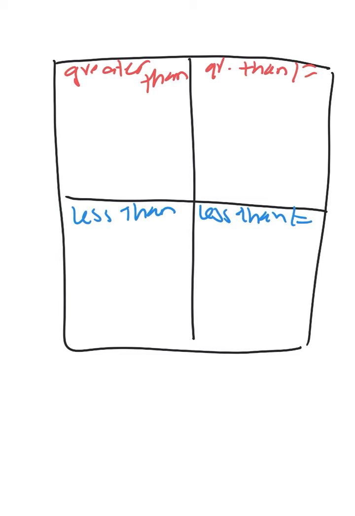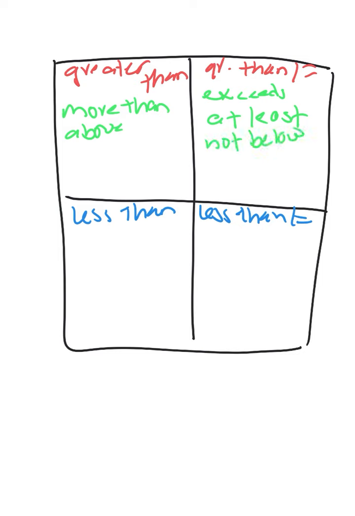So greater than would be more than, above. Greater than or equal to: exceeds or exceeding, at least, not below, no less than, no fewer than. For less than vocab, we would have smaller than, below,